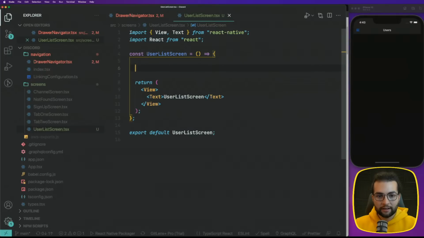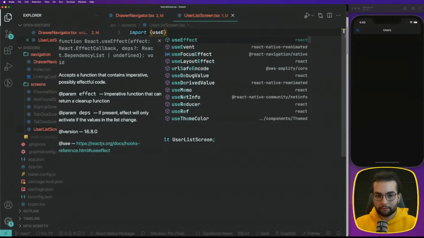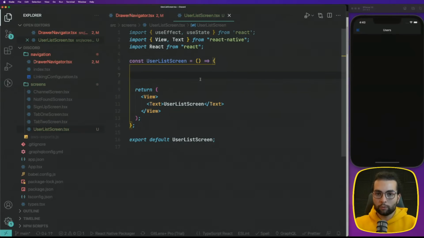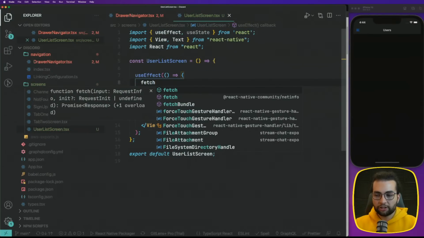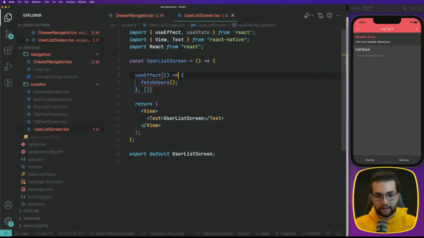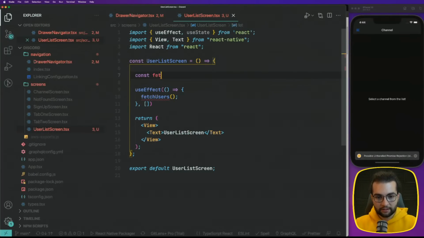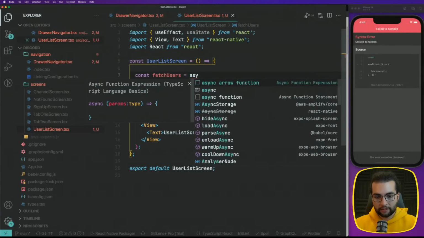So we are going to need to import useEffect, because we are going to run this when this page mounts, and a useState in order to save the users that we will receive from the backend. So in the useEffect, this useEffect will be called here. We're going to fetch users, and let's implement this function. const fetchUsers